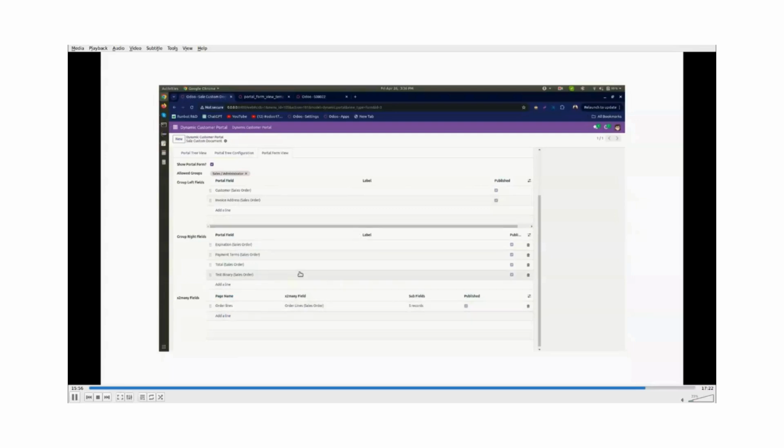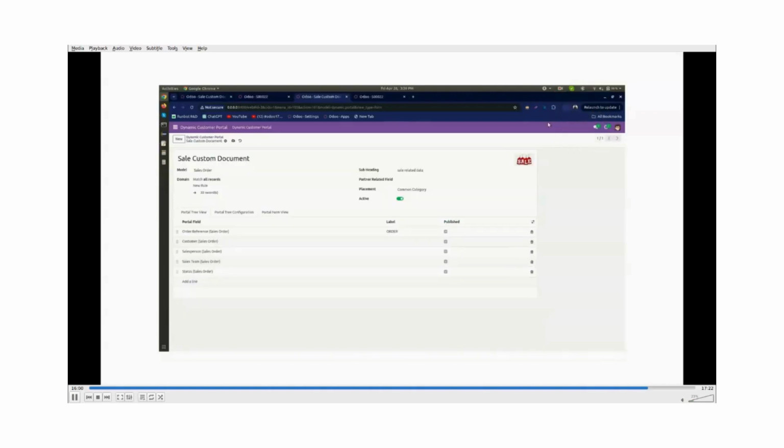Now let's add one more field here. Test binary for the files uploading and downloading.